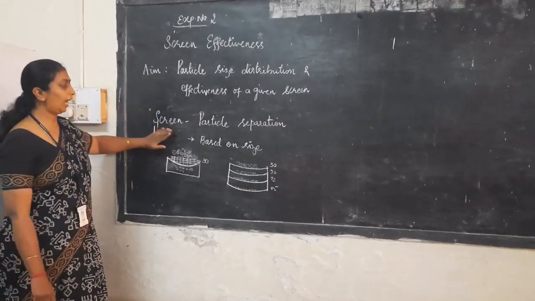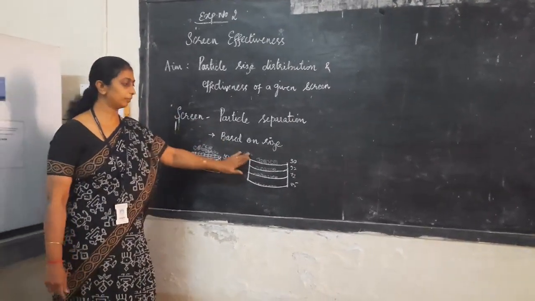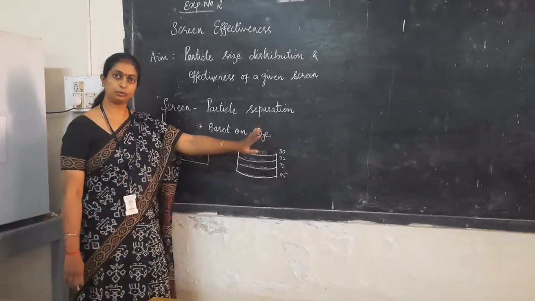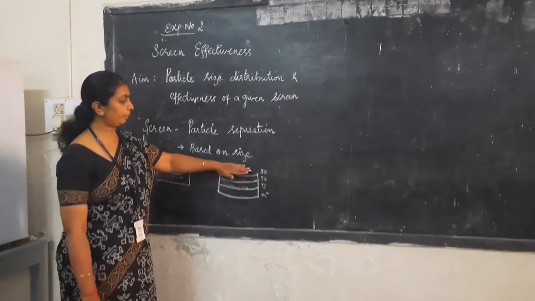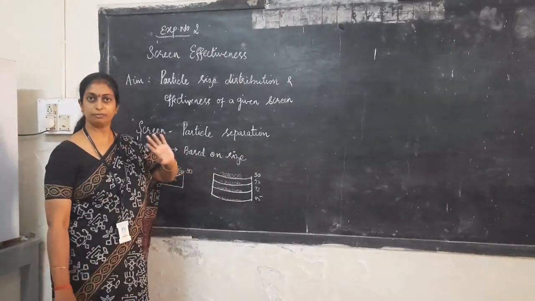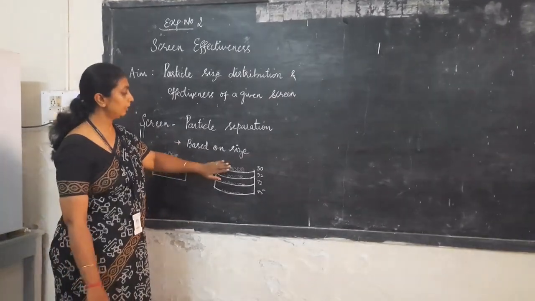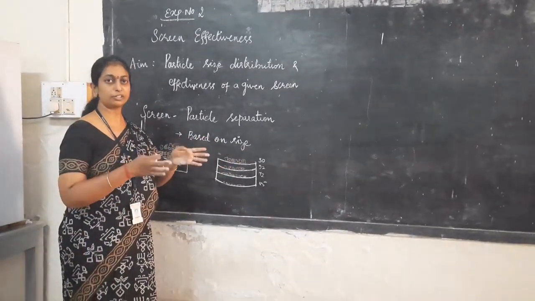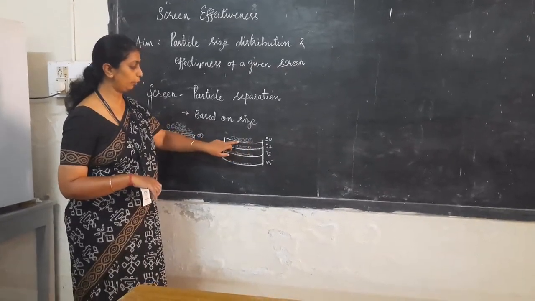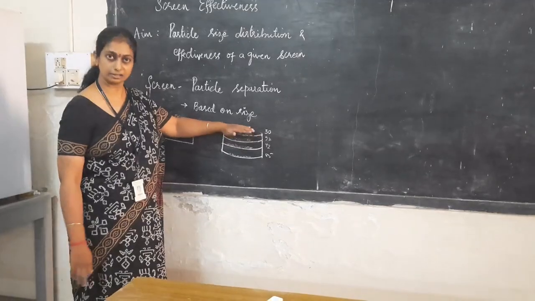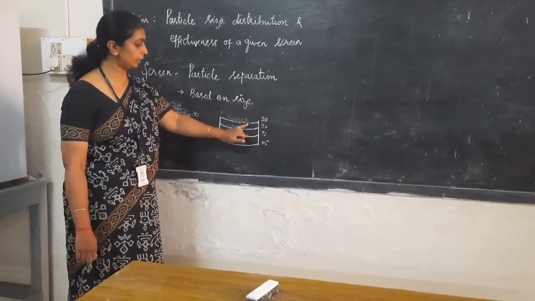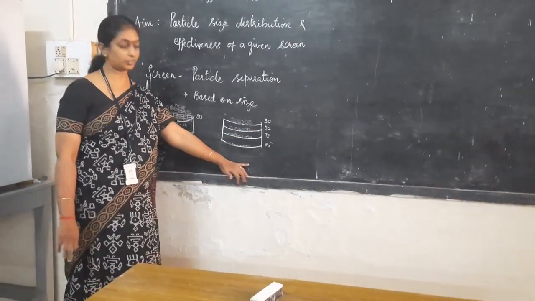So when we have material which is put onto the mesh, this is how we have a sieve set arranged. So what happens on the sieve set? What do we do in sieve analysis? We put the material onto the given sieve set and we shake it for a few minutes, for example around 10 minutes. What happens when we have disturbance caused in the mesh? Because these meshes have openings, particles which are larger get retained on that particular mesh, and those smaller than the openings of these meshes drop to the next successive screen.